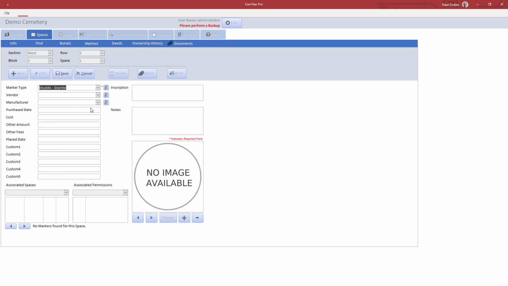You can also choose a vendor or manufacturer, and you can enter these names in the settings of CemTrax. Now often the vendor and the manufacturer is the same, but you are able to record them if they're different. And then there are many other fields of information. We will just enter a cost for the marker of $700. You have other amount and other fees. Again, the labels for these fields can be customized if you choose to call them something else. And as with many other areas, you have up to 5 custom fields that you can relabel and use as you see fit. So once I save this marker,